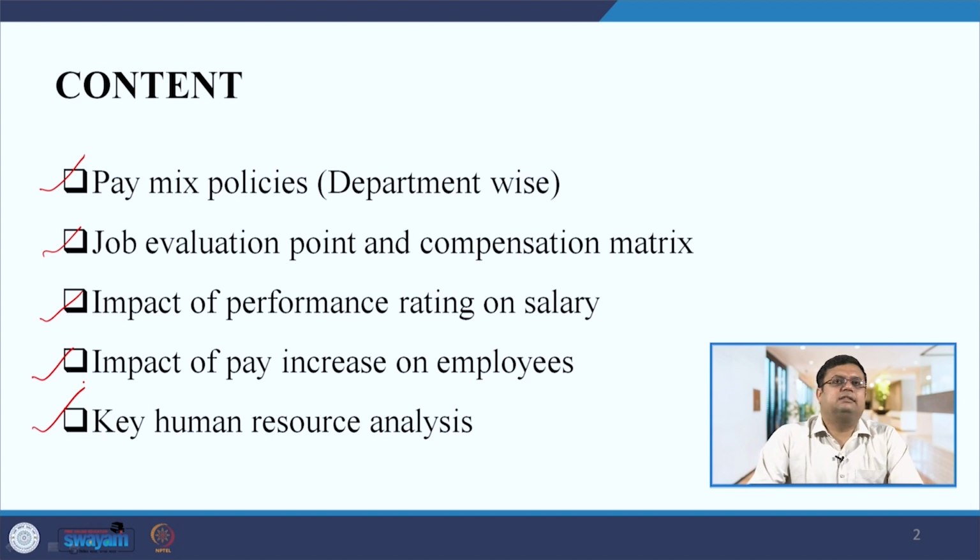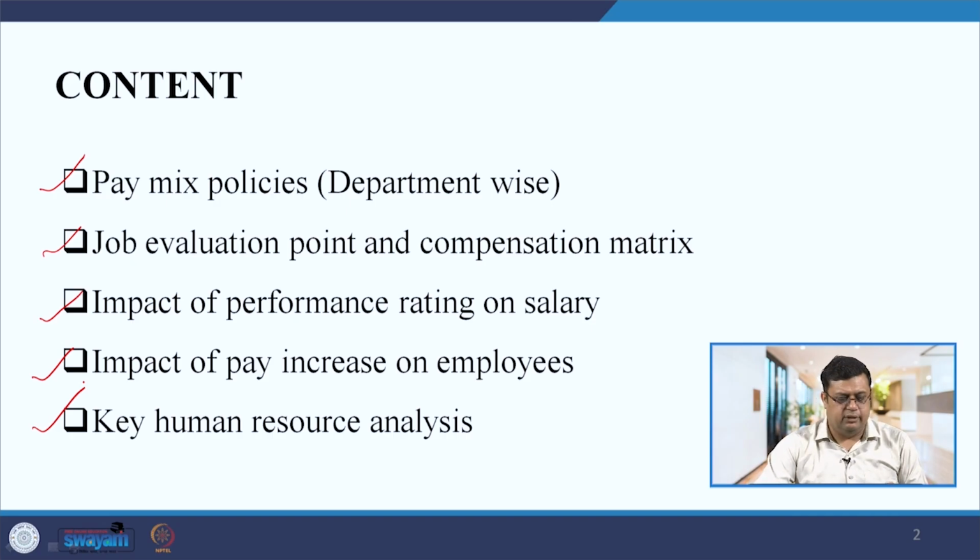Similarly, we can take the example of an IT organization. In an IT organization, if the IT professionals who are the key human resource are not paid very high, then the organization may face some problems, because if you are saying they are the backbone of the company, but they are not being paid the highest salary, they may not be satisfied with the salary structure. So, how you can understand the various factors related to this key human resource by analyzing their salary structure, that is also what we will discuss in this particular session. So, this is the content for the day. These are the things that we will discuss in this session.